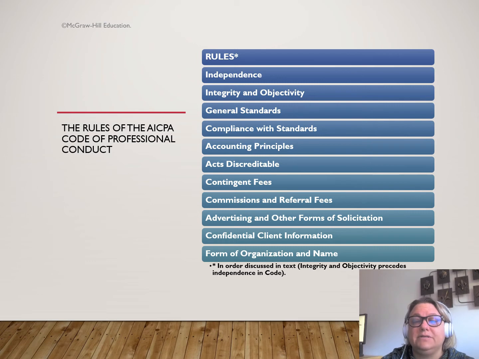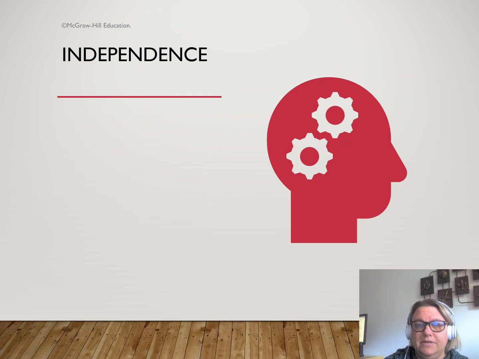And then, of course, someone said integrity and objectivity actually comes before independence, but these are the list of the rules, so I would go through and read about each and every one of these within your text. Okay, so we talk about independence, and independence of mind is basically the idea that the CPA is able to conduct their audit engagement with professional skepticism and free of things that might compromise their professional skepticism